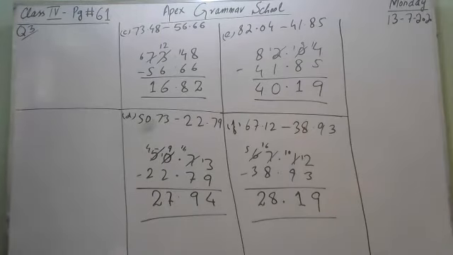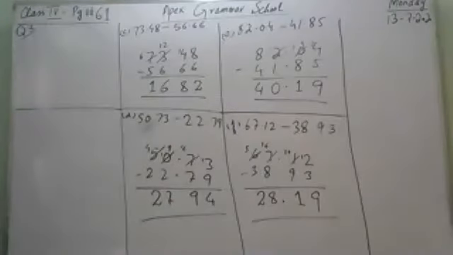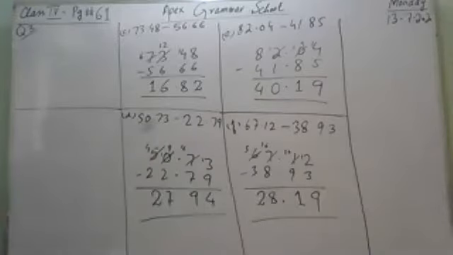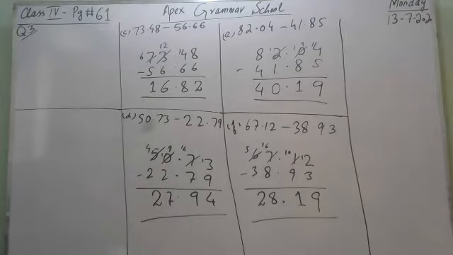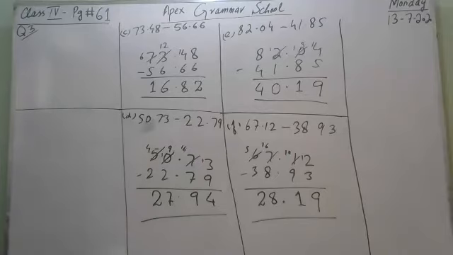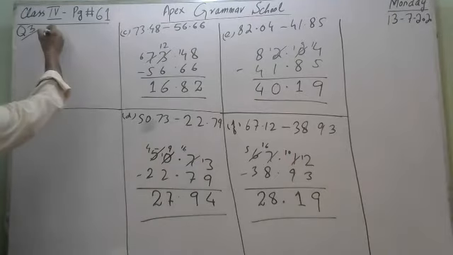Now we have to start page number 61, question number 3. The pairs of different things and with their prices is given in this page. We have to find out the difference in each price of each item. First one is slipper pair. First price is rupees 48.99 and second price is 39.50. We have to find out the difference between price of both slippers.